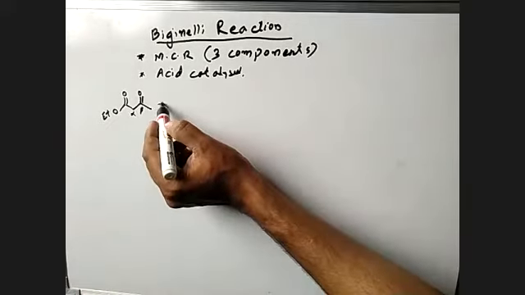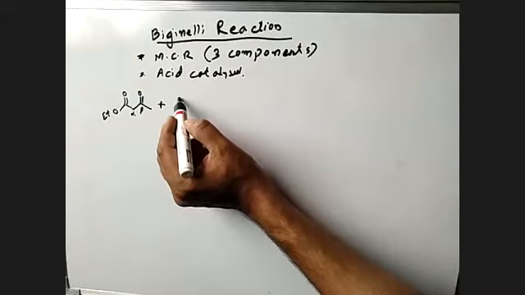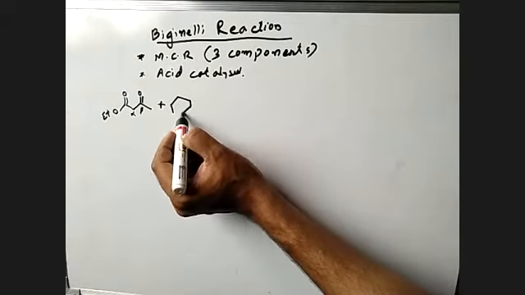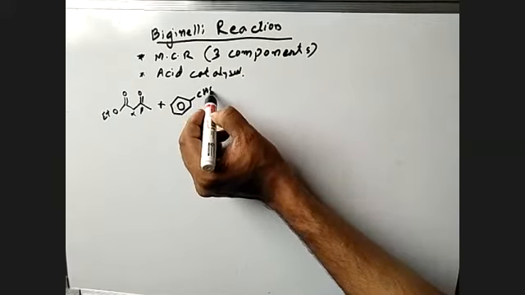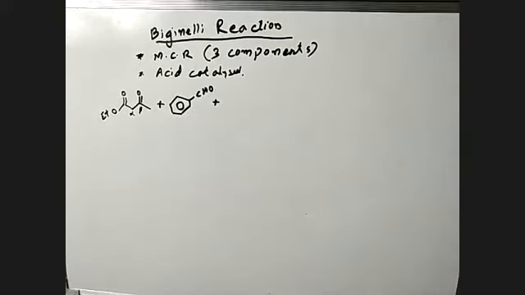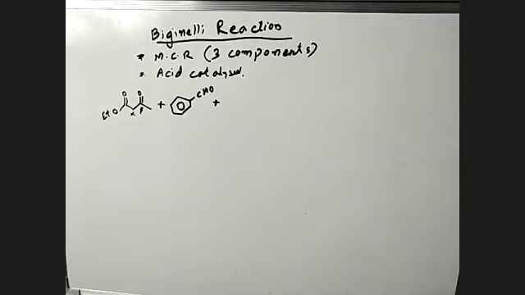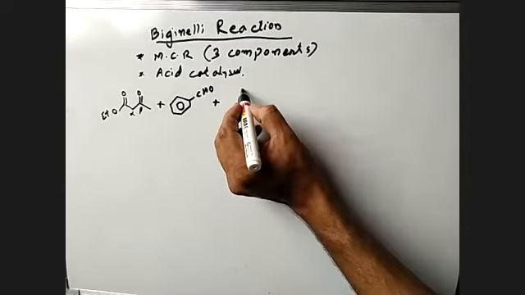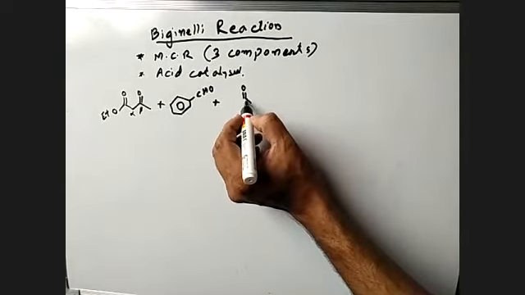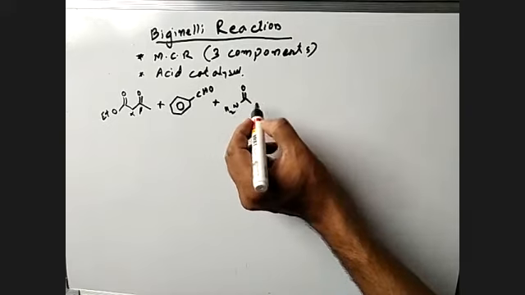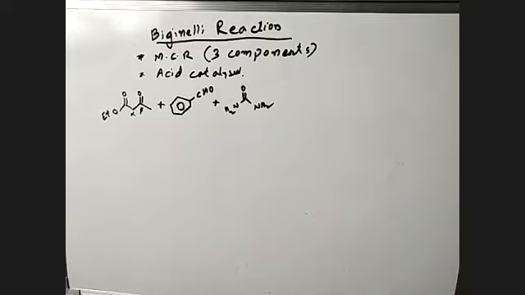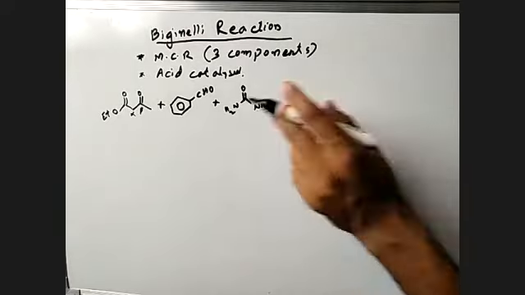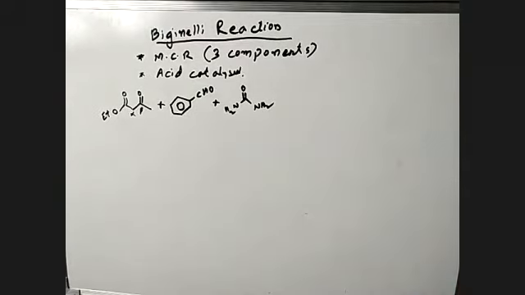reacts with the aldehyde, aromatic or aliphatic, no issue. But aromatic aldehyde will produce more yield, a good yield in a short period of time. And urea or substituted urea. Anyone you can take. You can take urea, thiourea. You can add a substitution here, some NH like that. So what is the product?